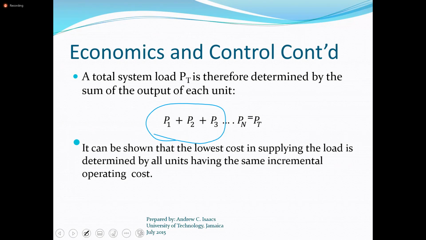All right. So it will be unit 1 up to N as part of the entire system or this plant. Yes. Now the lowest cost in supplying the load